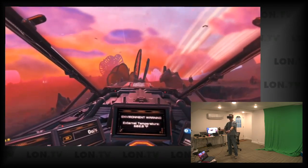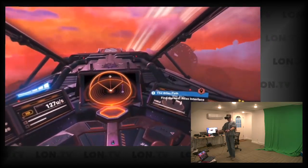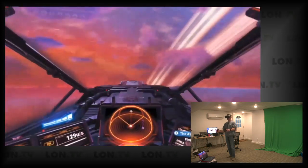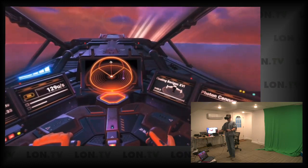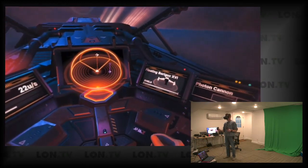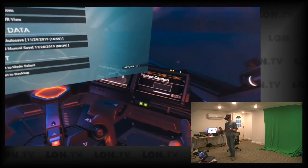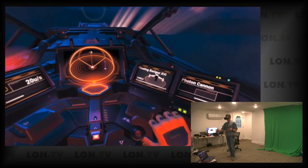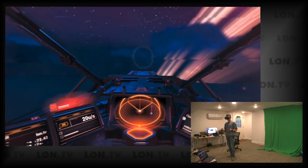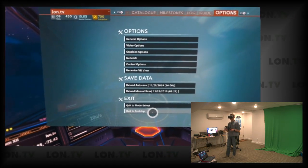And what we'll do here, whoops. So it looks like this control is not working properly. Something got messed up here. Let me go into my menu here. It's like this controller got a little detached from everything. And this is the kind of stuff that I'm seeing, like these little glitchy things. So what we'll probably want to do here is just quit the game and go back in, which is fine